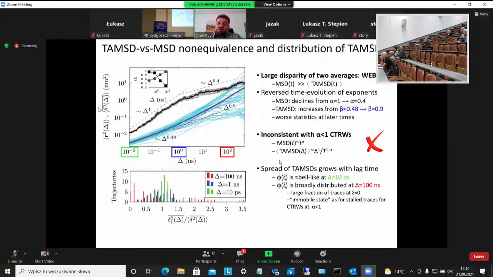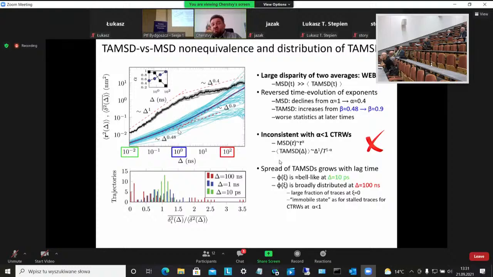Again, going to the TMSD analysis, we have our MSD here, the gray or black curve, and the TMSD, our blue curves, which are not equal to one another, again indicating breaking of ergodicity. In the inset, you have the exponents, which are varying, very funny actually, in opposite directions along the trajectory. I don't have much time to go into the details, but what is important is that we instantly have an indication that continuous time random walk